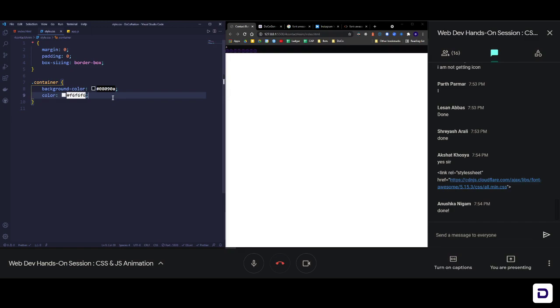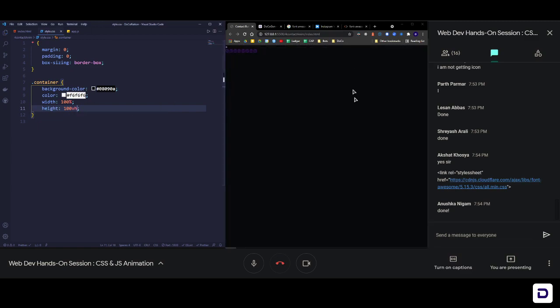So once you have the background color and the color set, now we can define the width and height of this whole container. So let's say the width of this container is going to be 100%, so the whole page width, and the height is also gonna be 100vh. Okay, so 100vh basically means the whole screen size. VH means viewport height. Viewport is the size of your screen. So it behaves like a percentage, but it is based on the size of your screen. So that is what we are using here. So width is 100%, height is 100vh, and you can see that it is here.